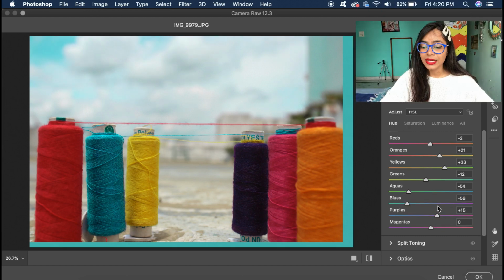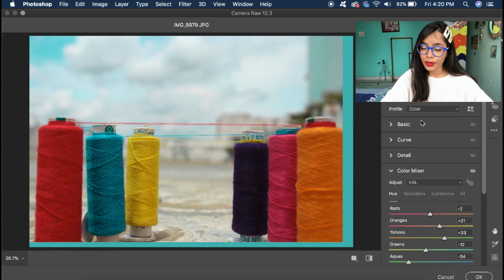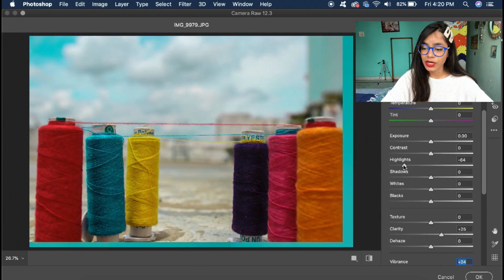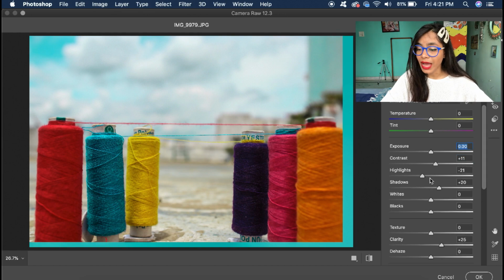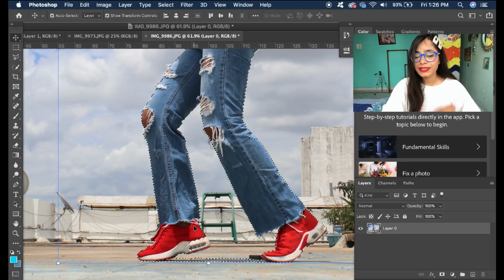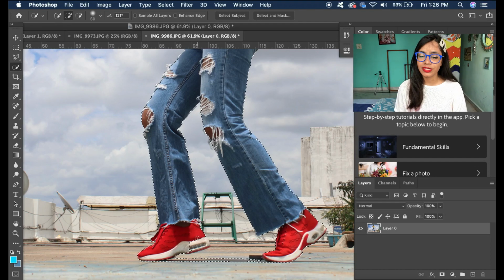So what I'm doing here is I'm color grading the foreground image and I'm trying to play with some exposure, some highlights and some colors, and voila, we are done doing the color grade of the foreground image. Now the next step is we will be taking pictures that we are going to add in the foreground image. So we are taking this picture.